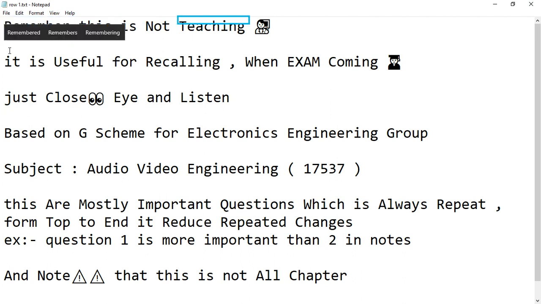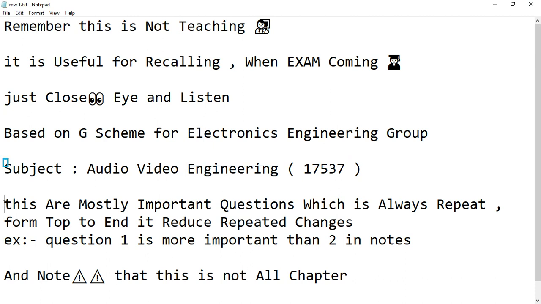Remember, this is not teaching, man, teacher. Microsoft Candidate UI pane. It is useful for recalling when exam is coming, man, student. Just close your eyes and listen. Based on the G scheme for Electronics Engineering Group. Subject: Audio Video Engineering,